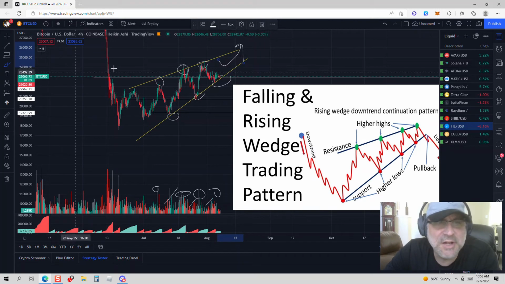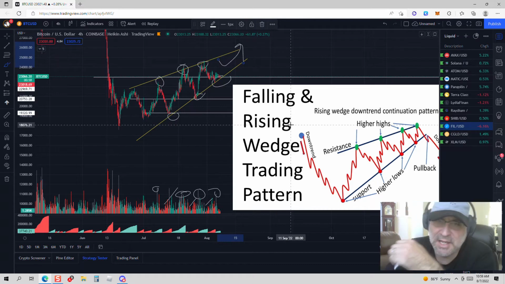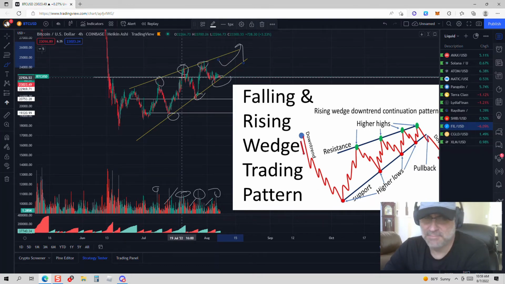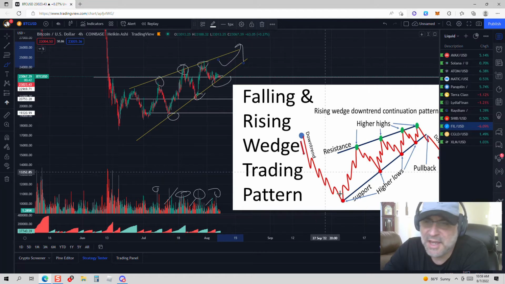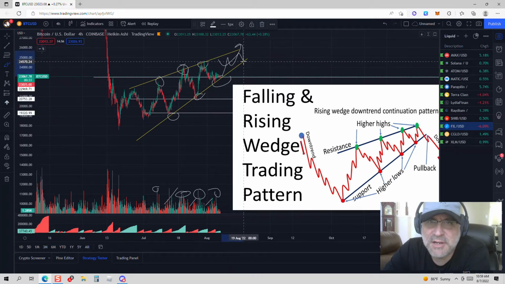And we see the great similarities. We see the tapering of the highs and the lows, and here with the falling and rising wedge, of course, falling wedges are bullish and rising wedges are bearish. We see this coming out of a downtrend like we have here, and then the waves slowly decreasing in scope, as we see here, the higher lows, basically, and the lower highs. At some point, we will get to the apex of this pattern here, and the idea is that Bitcoin will